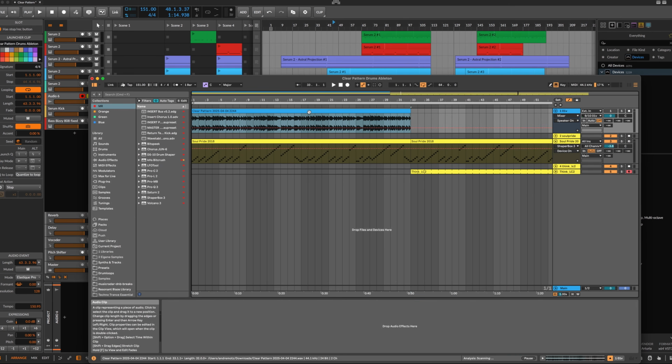I'm exporting this one as a WAV file and just import it here again, and vice versa. So I have here a WAV file with everything else from the track so that I can produce to the track in Ableton Live. I could also use Ableton Link, but so far this is the current workflow I have. And then finally,